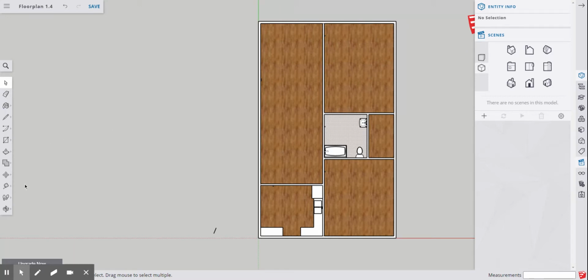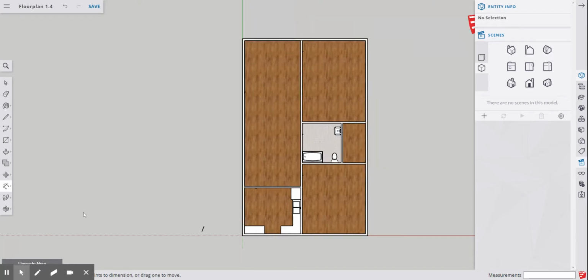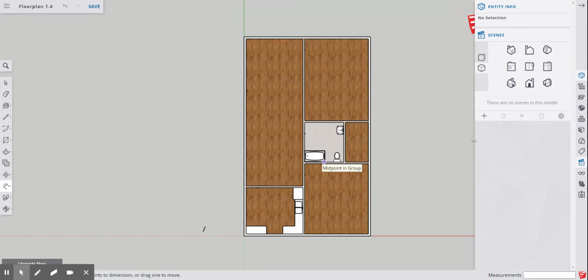So what we're going to do right now is click over here and click the dimension tool, and we are going to dimension this floor plan. Before you start dimensioning, you do want to make sure you're in parallel projection and on the top view. So we're going to want to measure, obviously, the overall length,